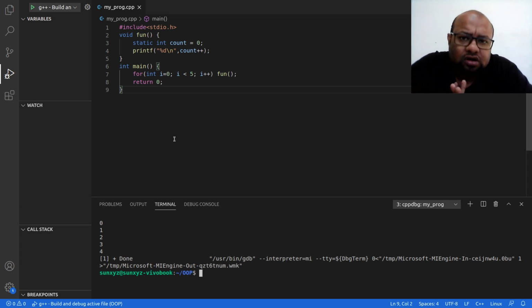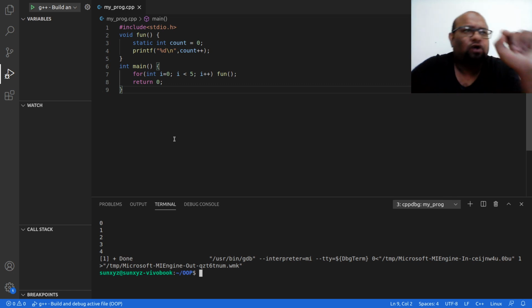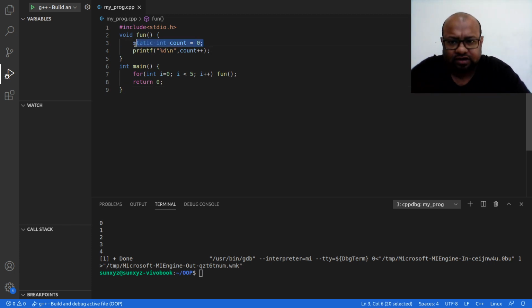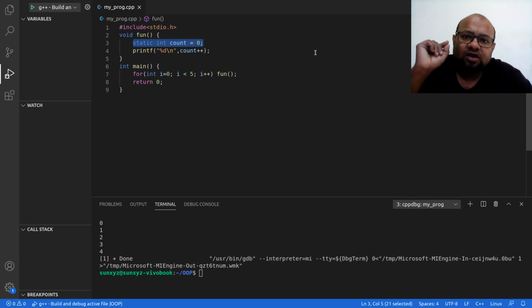The first time I call the fun function, this count variable is initialized to 0. I print this value 0. I increment this value by 1. Now when I call this fun function again, this line will not be executed. Line number 3 is not going to have any effect. So a static variable is initialized only once, when I try to initialize it for the first time. When I make the function call for the first time, I am initializing this count to 0. Then when I make the function call for the second time, there is no longer going to be any initialization.